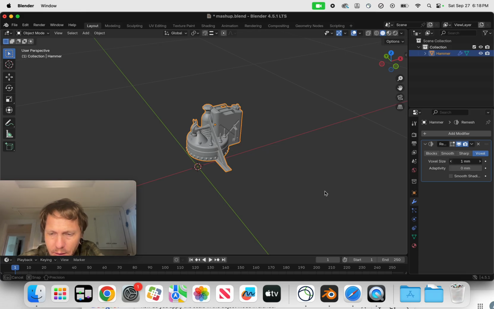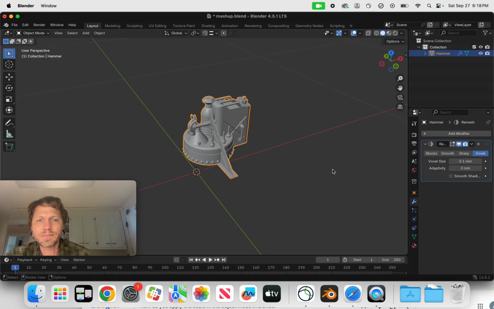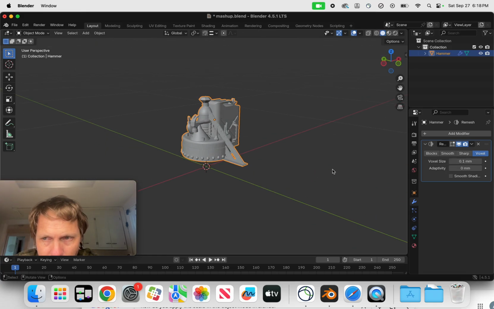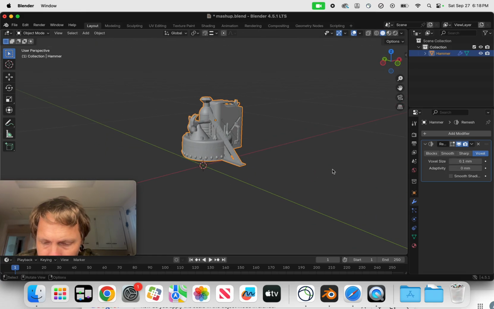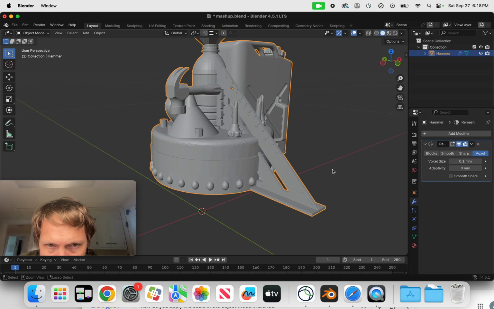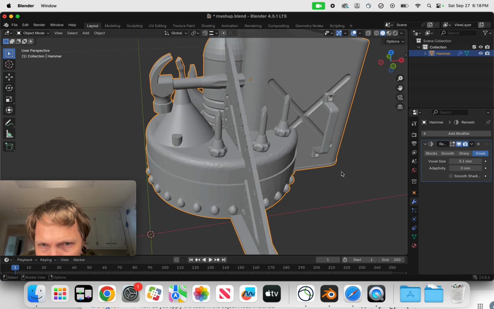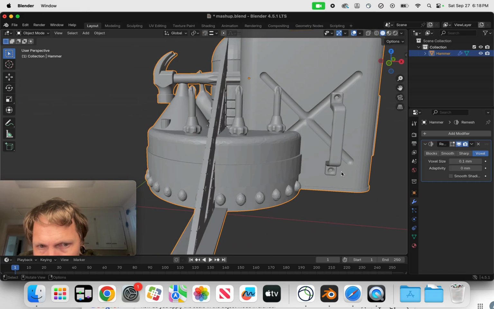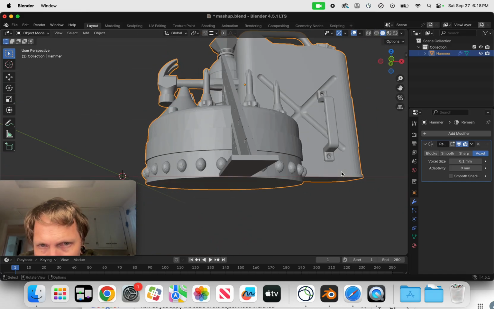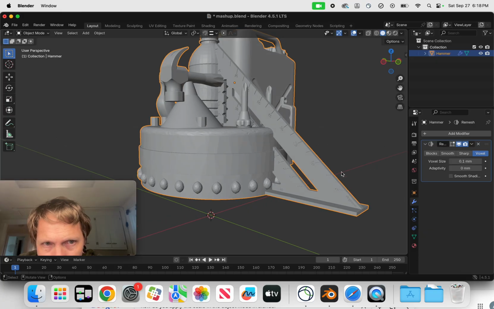So I'm at 1 right now. Let me look at this. You can see once you start getting to a lower size, your computer starts to have to work a little more to do this, because it's going to generate a lot of little polygons. So I'm at 0.1 right now. I don't know if I want to go much further than this, but I am going to go a little bit further,